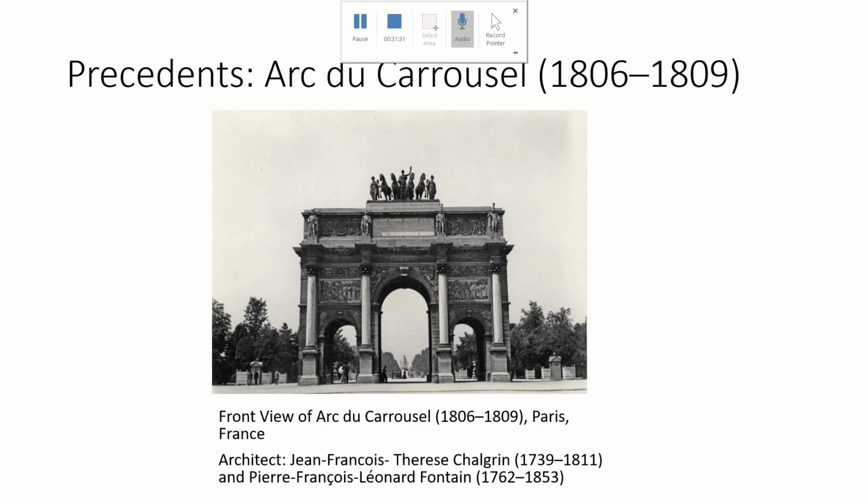Now the precedence for the Marble Arch is the Arc du Carrousel. It was sponsored by infamous emperor and military leader Napoleon Bonaparte. The arc was under construction from the years 1806 to 1809 in Paris, France, and was commissioned under architect Pierre-François Léonard Fontaine. The director of the Napoleon Museum at the time, Dominique Vivant-Denon, worked alongside Fontaine to develop the monument's